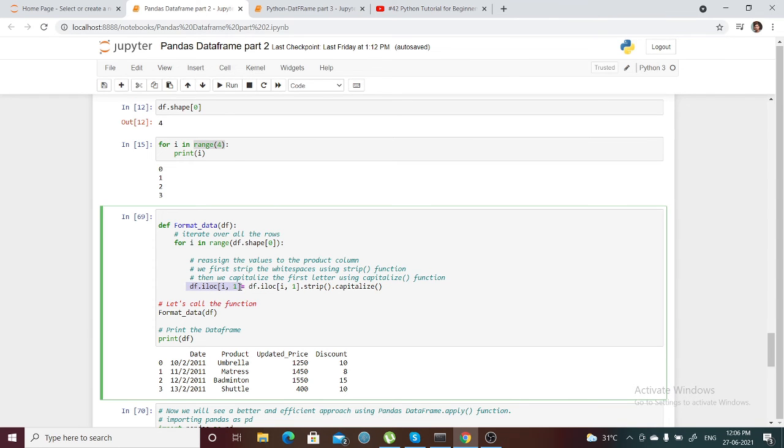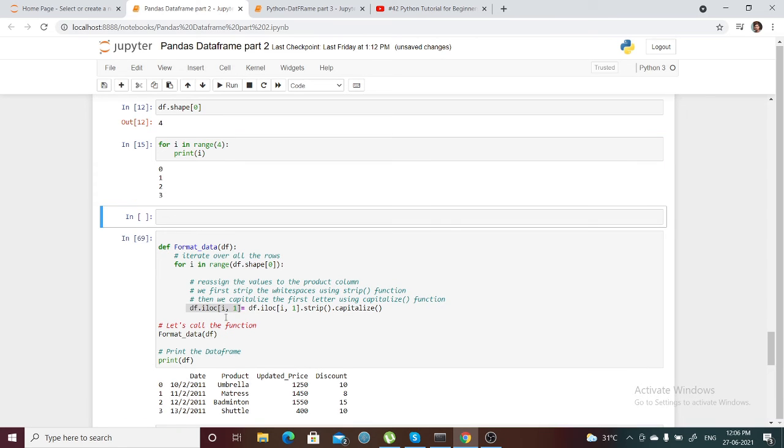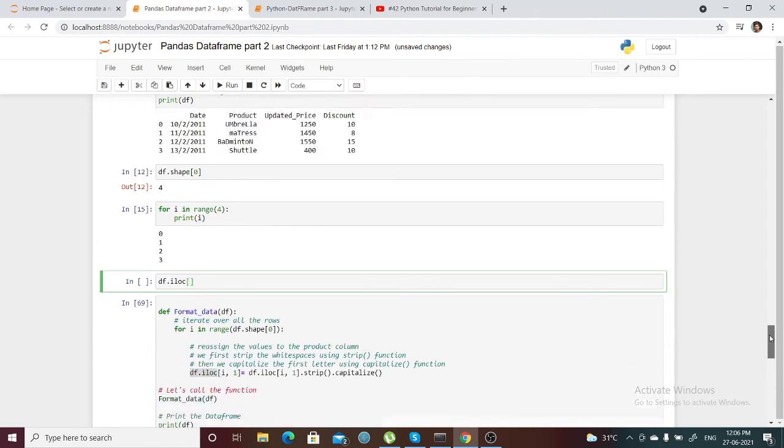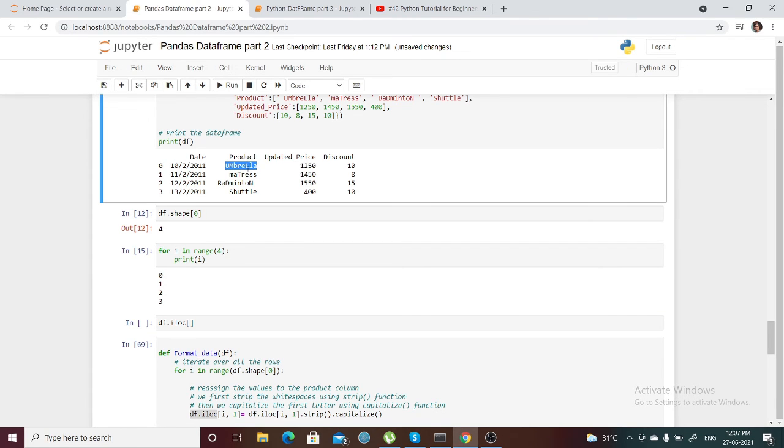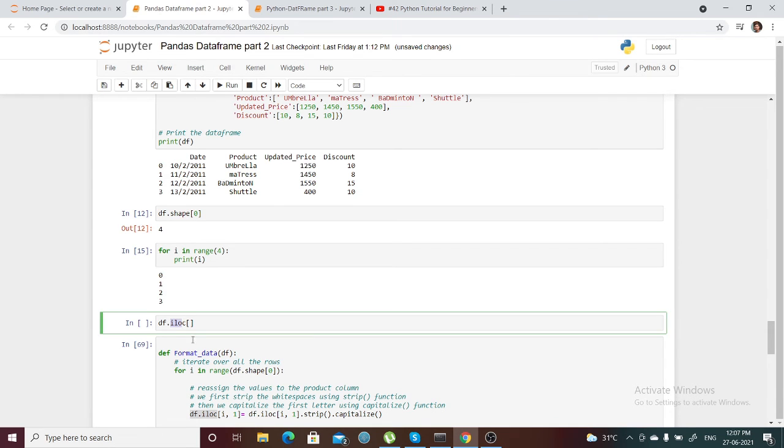iloc means it will try to... suppose I'll show you one thing, what df.iloc will do. df.iloc is nothing but, suppose you try to get any value of the data, right? Suppose I want this particular value, I want to correct this particular value of this particular column. So how can I get this particular value? iloc will just try to find out the location of this particular data